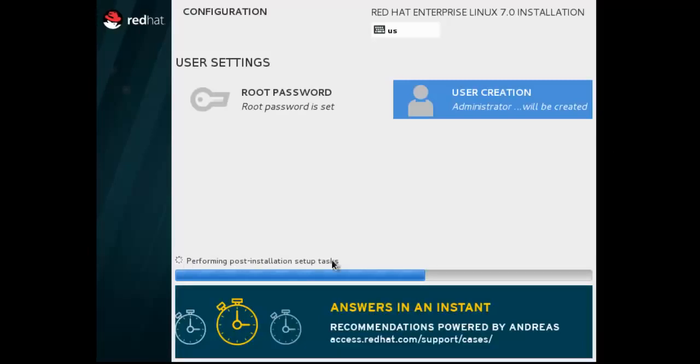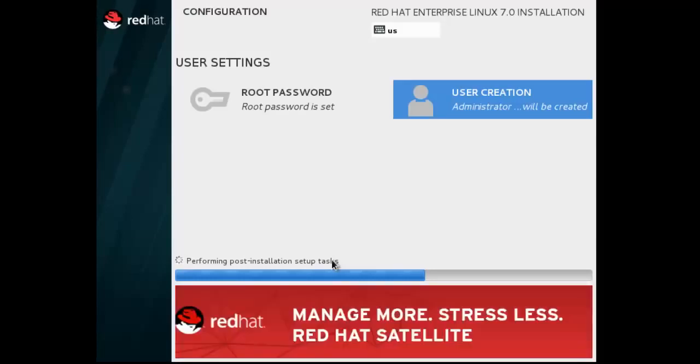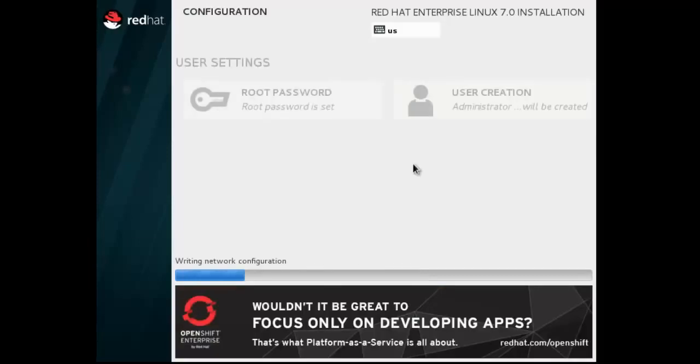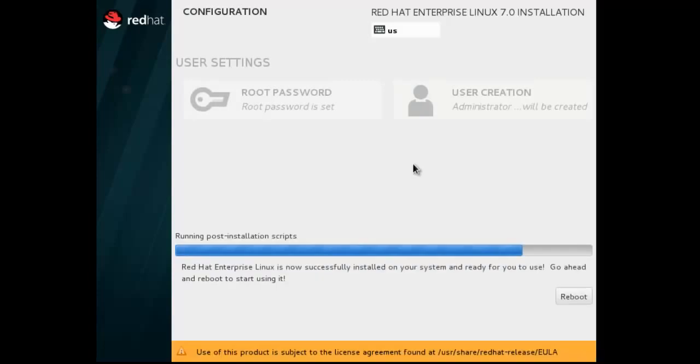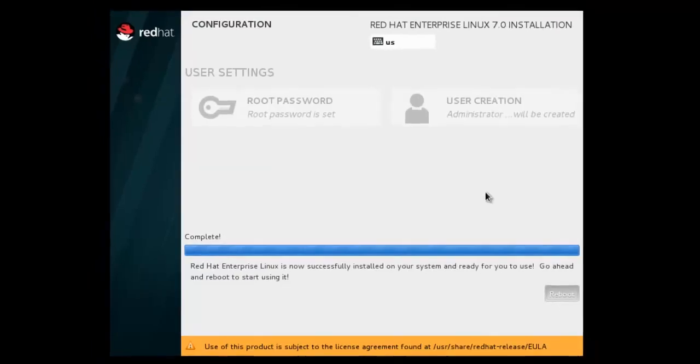Just wait for a while, and our installation process will be completed, so don't panic. We are doing tons of stuff during this series. We are just starting from the beginning to go through to advanced. Now our basic system configuration process is running, and our installation process is completed. Now just reboot this.